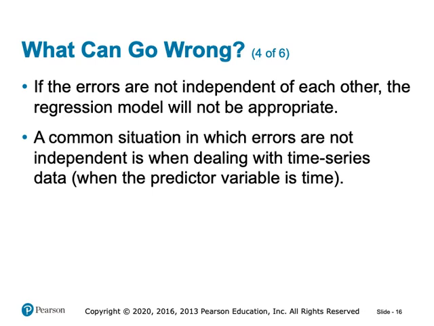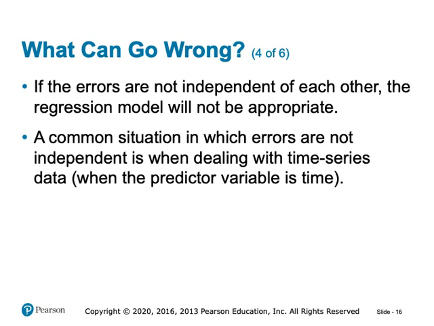2. Common scenario, time series data. A typical situation where errors may not be independent is when working with time series data. In time series data, the predictor variable is time, and it's common for observations to be correlated with each other across time. For example, the value of an error term today might be related to the value of an error term yesterday, which violates the independence assumption. In such cases, special models like autoregressive integrated moving average, ARIMA, or other time series models are often more appropriate than standard linear regression, as they account for the dependence between observations.